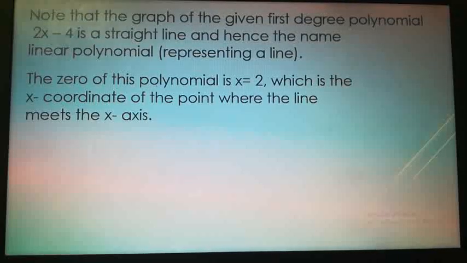Now you have seen that a 0 of a polynomial is the value of the variable for which the value of the polynomial becomes 0. When you give a particular value for the variable, the polynomial becomes 0. That is known as a 0 of the polynomial. And for this polynomial 2x minus 4, x is equal to 2 is the 0. x is equal to 2. So you can see from the graph,